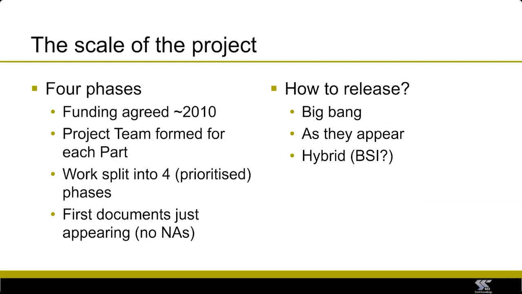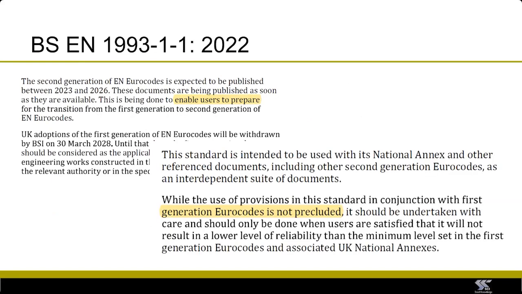And I think what BSI have just started to do, for me, is almost a hybrid approach between the Big Bang and as they appear. So if I look at Eurocode 3 Part 1.1, this is a version that came out in, I think it was the 31st of August. If you look at the wording in the front, it tells you, the bit that I've highlighted there, that this has been published really to enable users to prepare. It's not been produced to enable users to use it for designs. It's to prepare for the transition, and that's a worthy cause. People like software houses, they're going to need quite a long time to know what's going on. So this has frozen the content and will enable that preparation to begin.